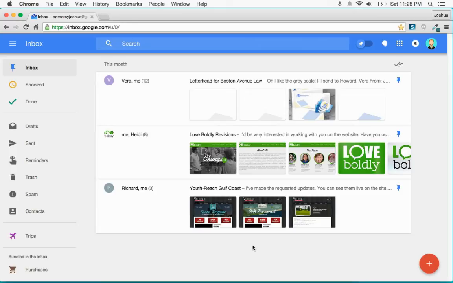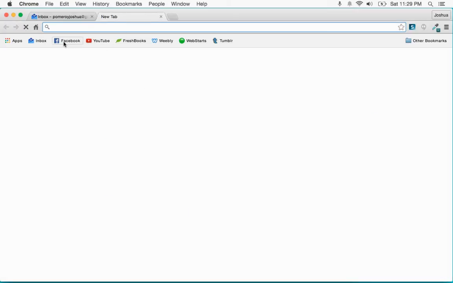This has kind of whittled down my list of tools that I need to use. I used to use either calendar or a reminder app for my phone or other things. Now I can just go to Inbox, and that's my email, that's my reminders, and it actually will send a reminder to your Google Calendar as well, so you'll get a calendar alert on those reminders that you've set for yourself. Okay, the other tool that I wanted to show you is actually Facebook